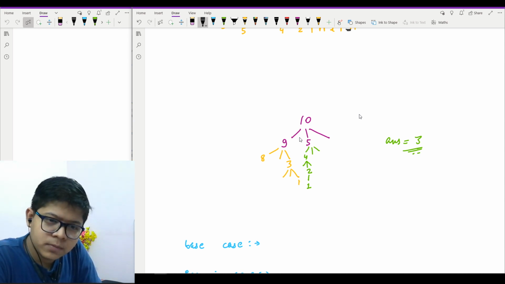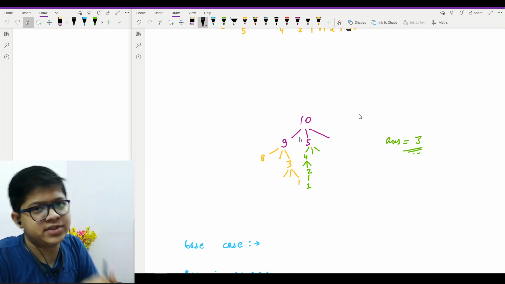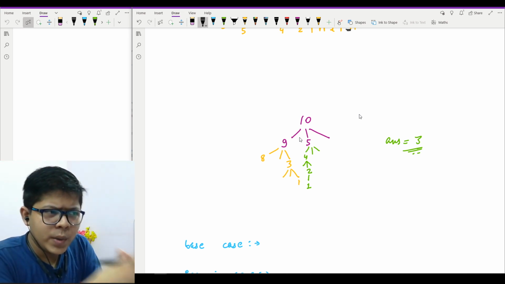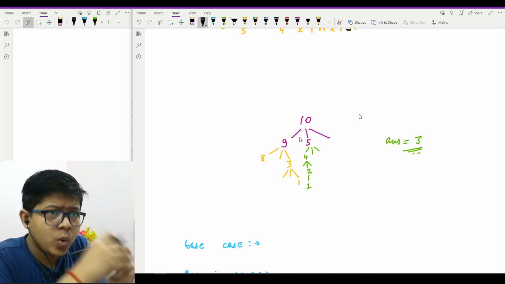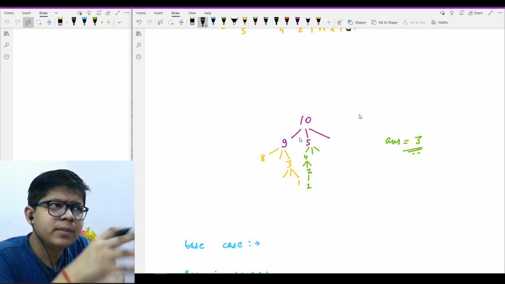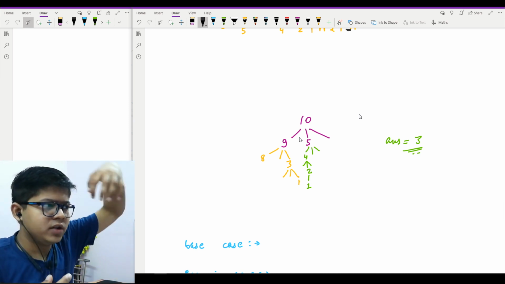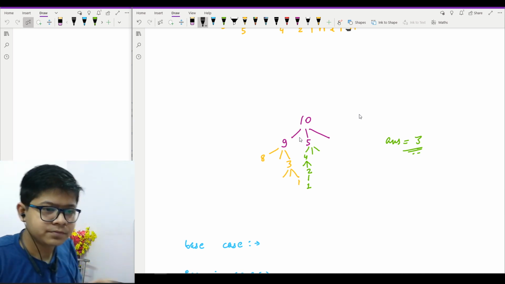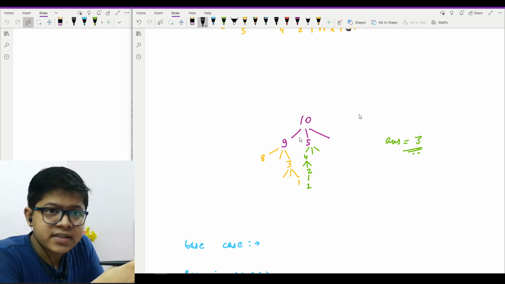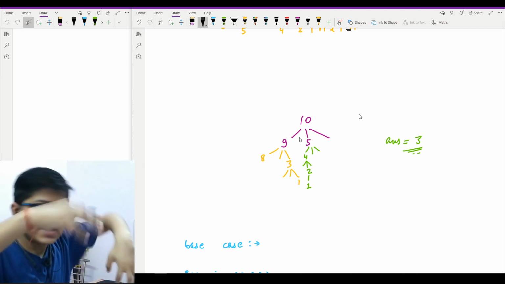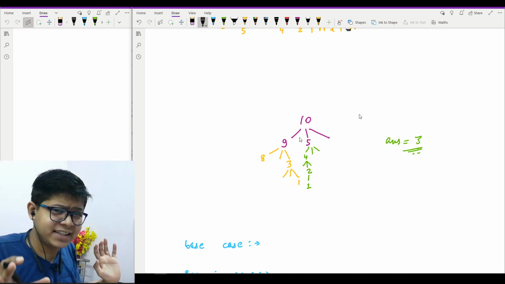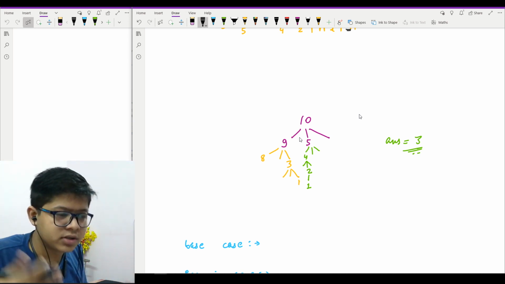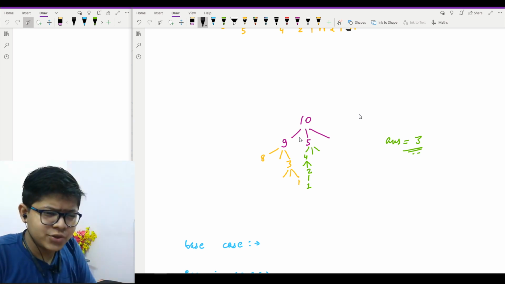Now you will go to every possible path. When you think of going to every possible path, one thing will strike your mind: I have 3 options. I will go here, here, here, then from each I will go here, here, here, and I'll go on. So in the worst case it will be exponential, like 3 to the power n, because every step has 3 options. I'm not saying that it is exactly 3 to the power n, because at many steps your value will be reduced to 2 or 3 as well, but in the worst case it's exponential.